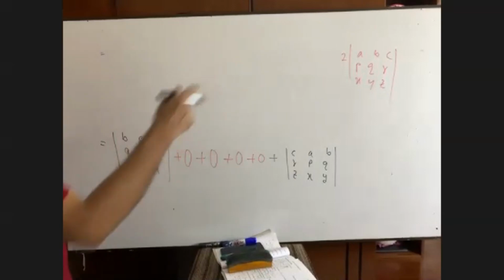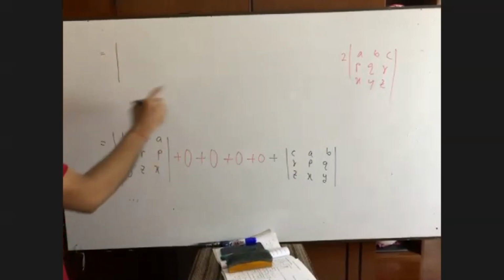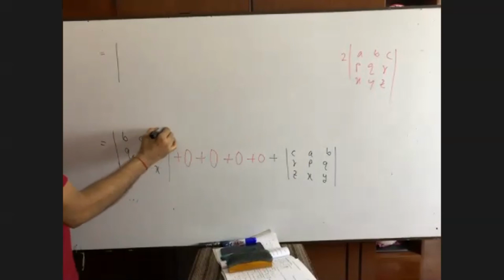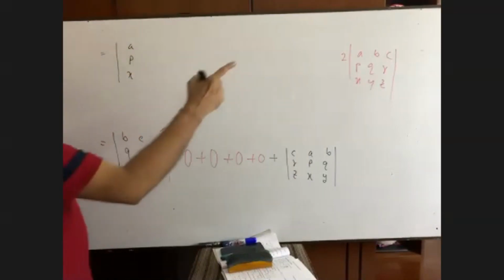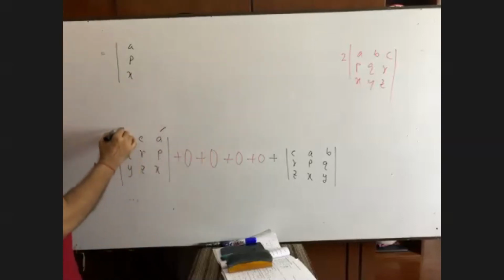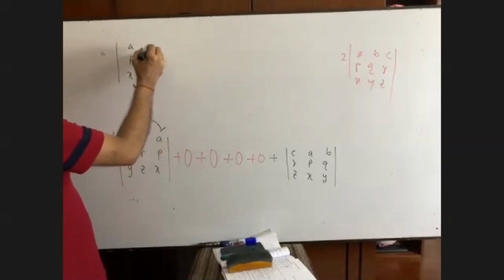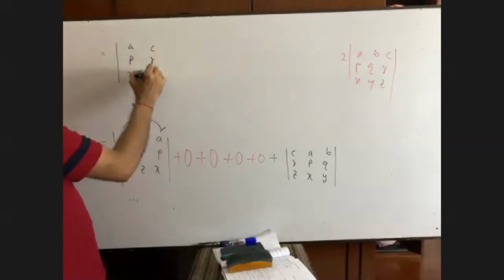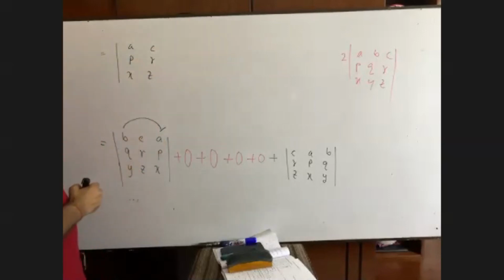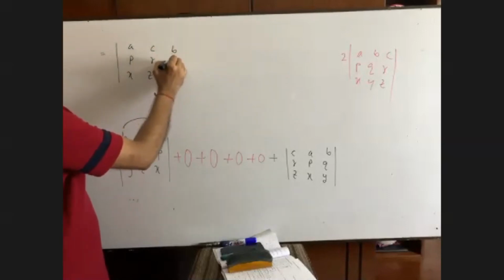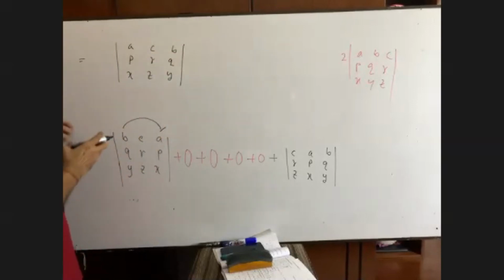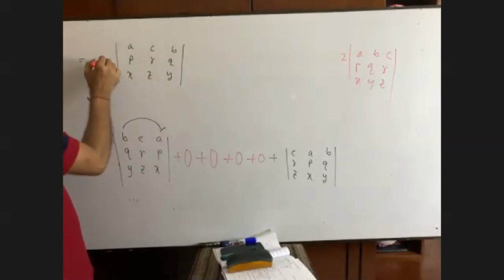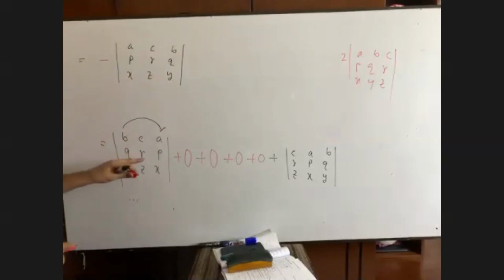It is what? APX. You see, APX. I am going to write down this is APX. Then it is what? BQY. So this and this will be exchanged. You see, C, R, Z, BQY. I know that you have not got it. This is a minus sign. Just let me know only this part where you have not got it.